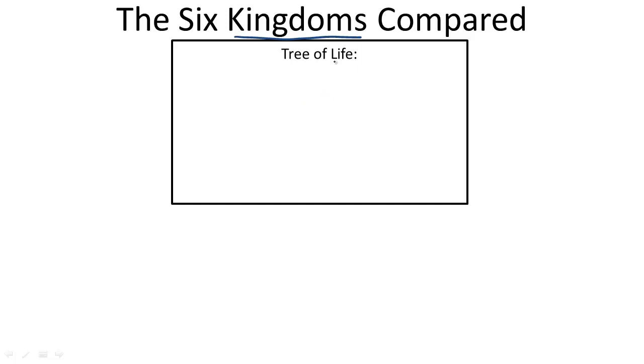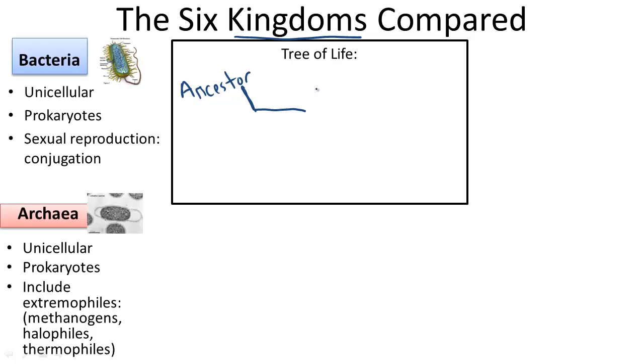So let's take a visit to the evolutionary tree of life to get a better picture of when these 6 kingdoms evolved. Though other patterns have been proposed. Generally, we like to start with the earliest organisms, the ancestor. Branching off of the ancestral genetic tree are unicellular organisms called bacteria.